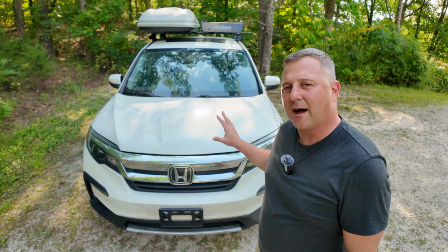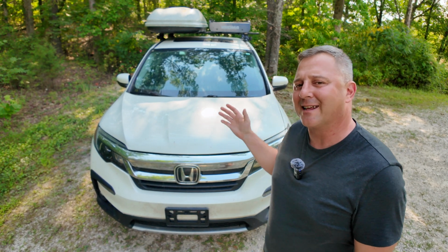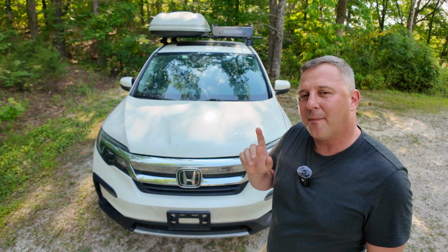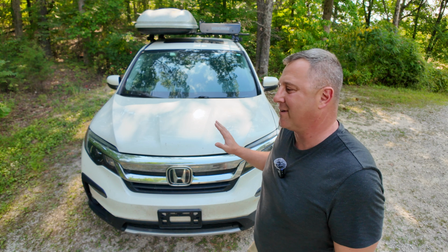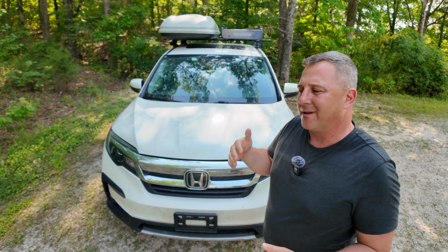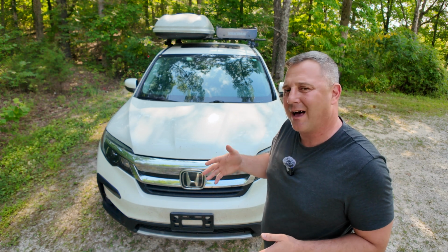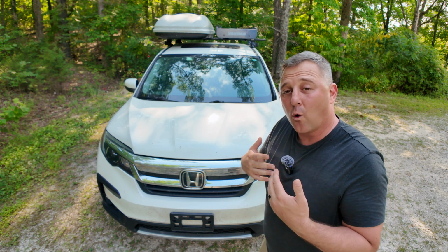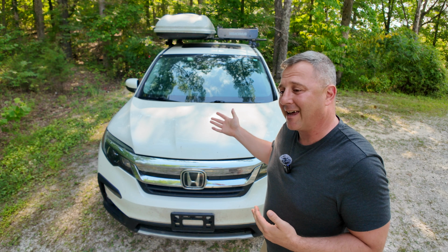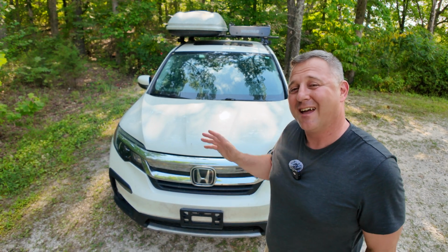You see, the Honda Pilot gets just a little better gas mileage than its competitors, and one of the reasons is that it has that timing belt. And although my opinion isn't really that important, I do believe that a timing chain would have made this vehicle a much better deal. Because now at only 109,000 miles, in the back of my head, I have to worry about doing that $2,000 timing belt replacement, or doing it myself if I want to spend a weekend tearing apart the engine. And if I don't do it, I have to worry about that potentially catastrophic engine failure